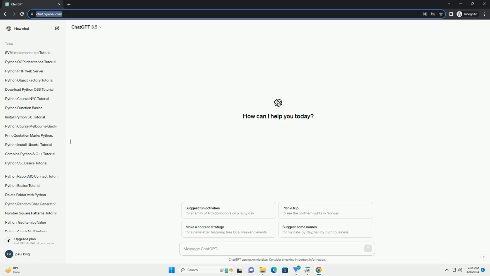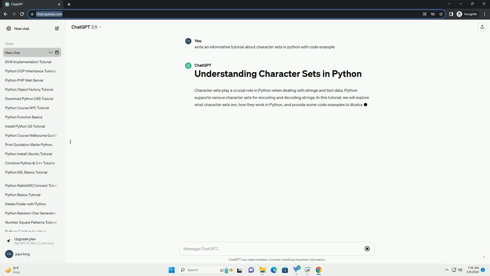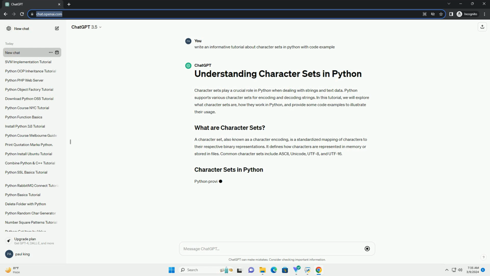Character sets play a crucial role in Python when dealing with strings and text data. Python supports various character sets for encoding and decoding strings. In this tutorial, we will explore what character sets are, how they work in Python, and provide some code examples